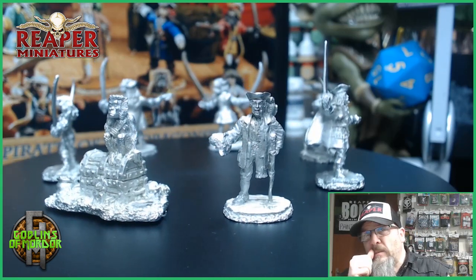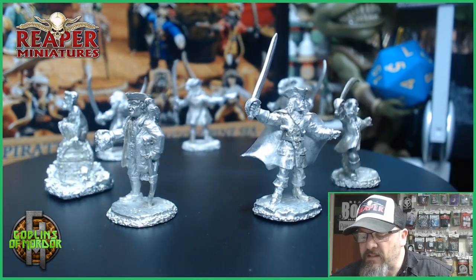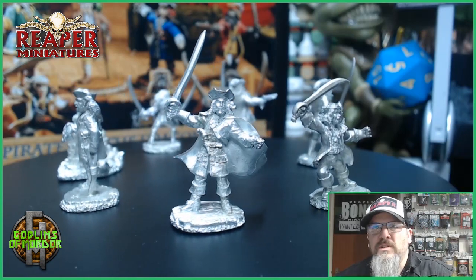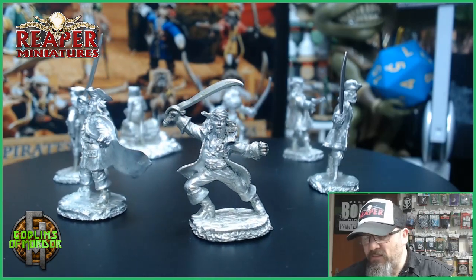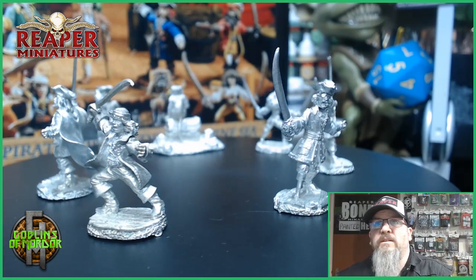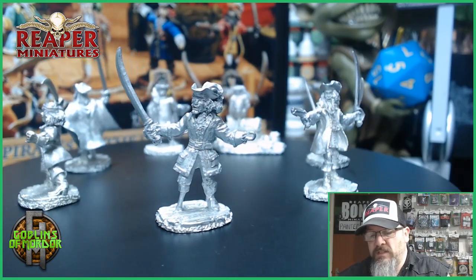So what I'm going to do is I am not adding bases to these today, because they all come on a lovely little round base which has got a nice sand and wood effect. So I'm just going to get these all cleaned up, take off all the flashing. I'm going to get them all painted up and then I'll come back, give you another 360 of the finished miniatures, and then we'll talk about how to protect your miniatures for your gaming,